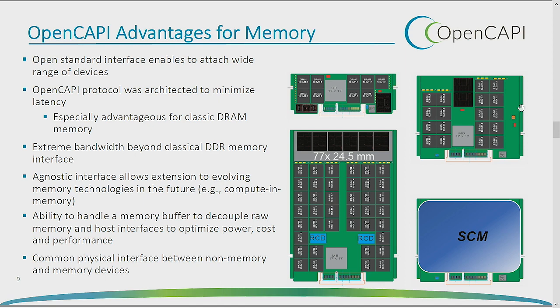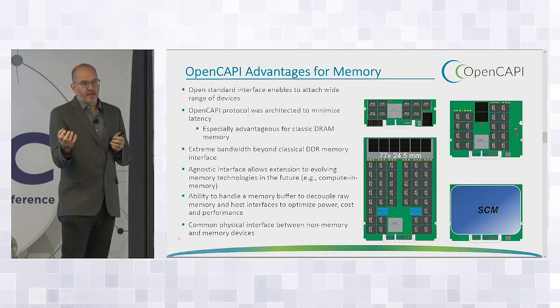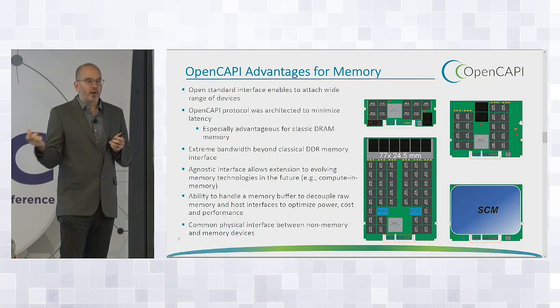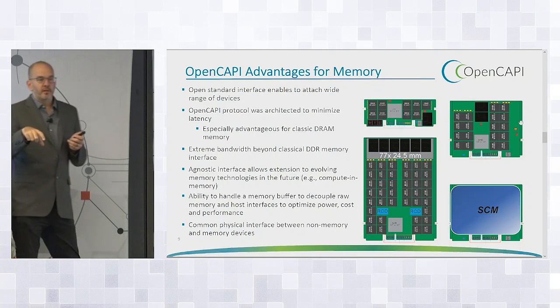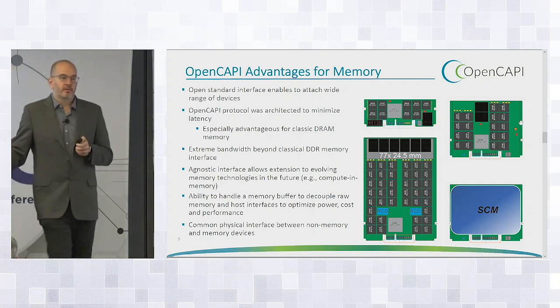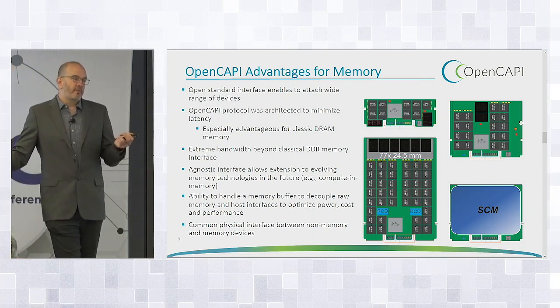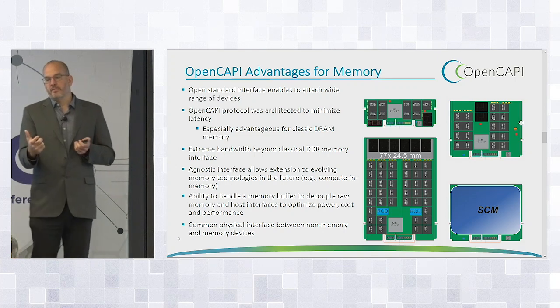The other problem with DDR is it's not very scalable. As we try to put more memory devices on this bidirectional bus, it has more loads, and it runs at lower frequency. The DDR interface also doesn't hide the memory device from the processor. So if I put DDR4 memory on a processor, that has a very specific electrical standard and timing interface. If I want to plug DDR5 memory into a processor, I have to have a totally different electrical standard. So there are incompatibilities. And what if I want to plug phase change memory into that processor slot?